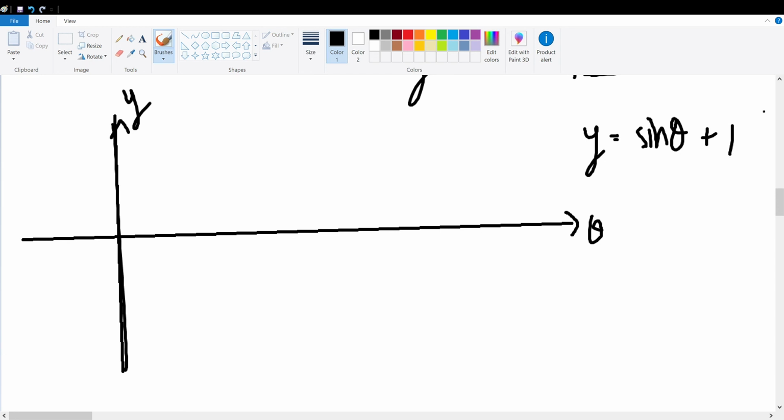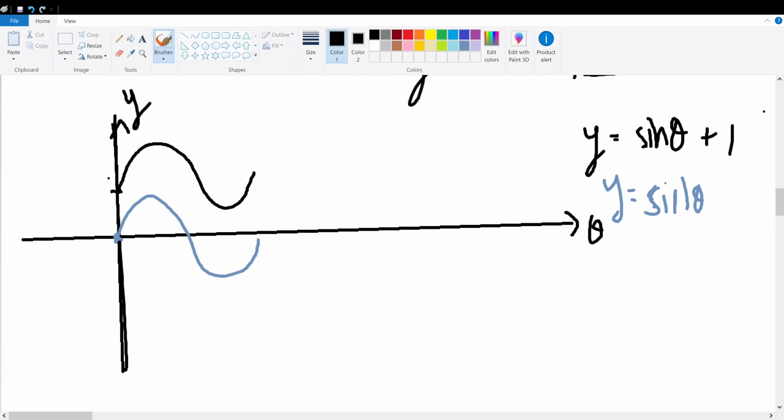For the original function of y equals sine of theta, we started at 0, right here. We started here and moved outwards. But when we have y equals sine of theta plus 1, it will start at the 1 value right here. So it should be right here. Oops, sorry, that's poorly drawn,